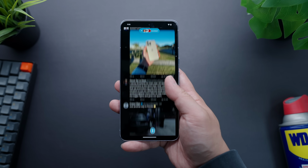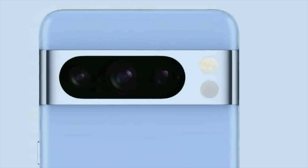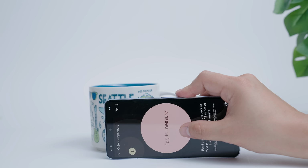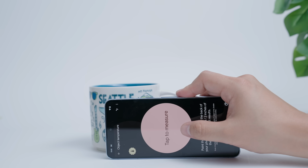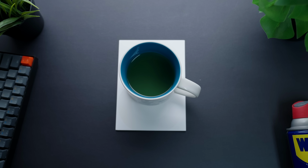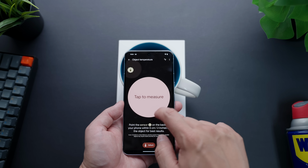as secure as I'd like it to be, and one of the newest and weirdest additions I've seen on any phone is this new temperature sensor that's next to the flash. And after a week of using this thing, I'm kind of puzzled as to why this is even here. I feel as though the only use case for this would be to measure a person's temperature to see if they may be sick, but the sensor on the Pixel 8 Pro hasn't been certified to be able to do that accurately yet, and so far in my testing, the readings have been kind of inconsistent, so I'm not sure if I'd ever be able to trust it in those